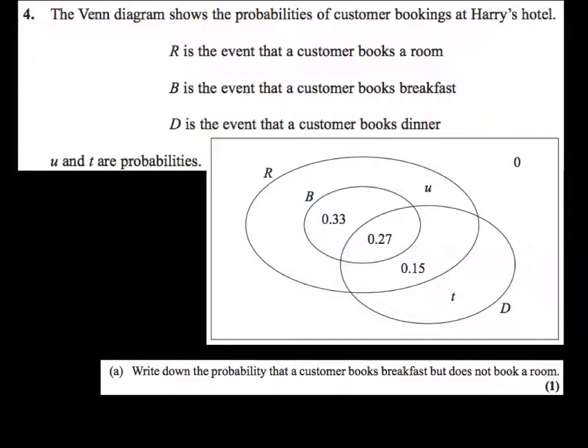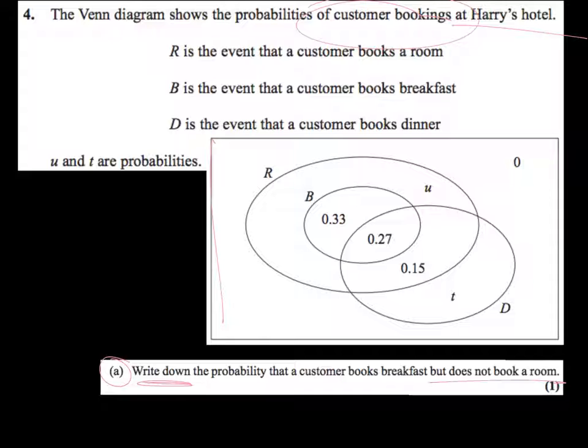In question 4, we're looking at a series of probabilities of different customer bookings at Harry's Hotel. And we've got a slightly unusual Venn diagram to represent this. R is the event that a customer books a room at the hotel, which is this one here. B is the event that a customer books breakfast, and D is the event that a customer books dinner. And in part A, we're asked to write down the probability that a customer books breakfast but does